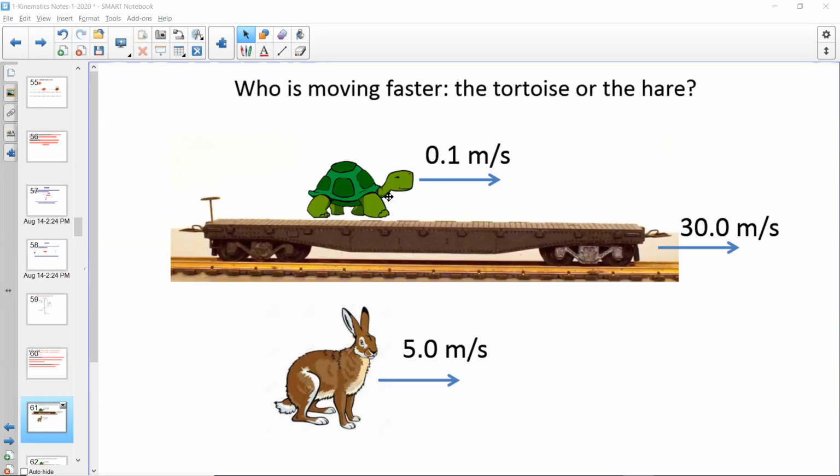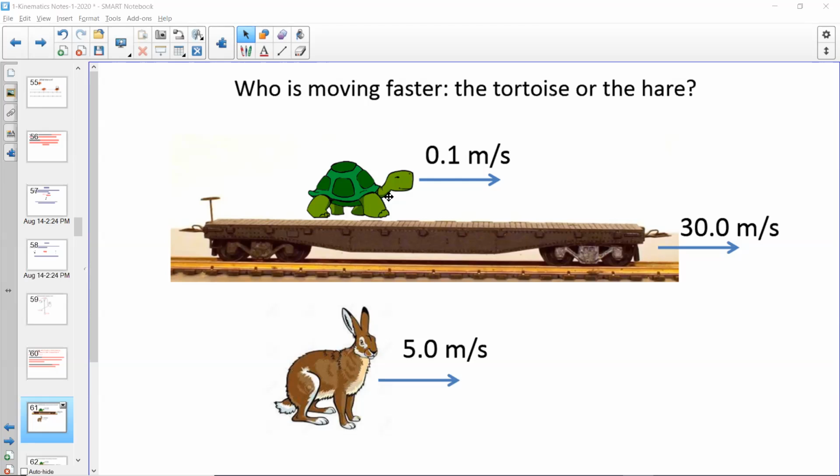30.1 meters per second. Good, and that's a lot faster than the rabbit, who's only moving 5 meters per second relative to the ground. Or we could even say relative to one another. The turtle is moving fast relative to the hare. If we saw them going side by side, the tortoise would be going faster than the hare because it's on the train. Now, if we rephrased it and said, who's moving faster relative to the surface they're on, then it's